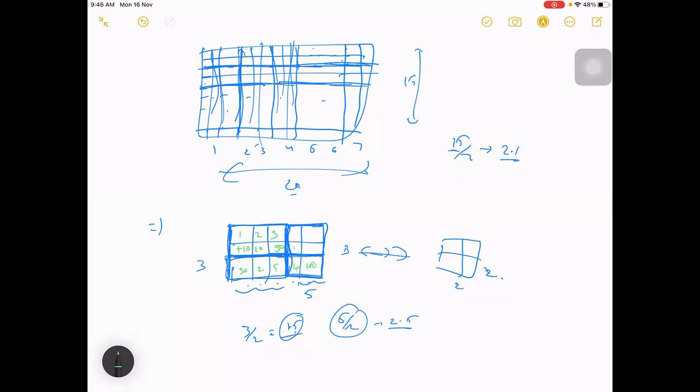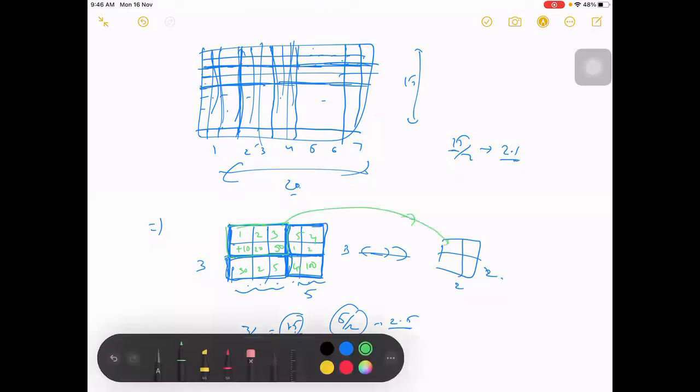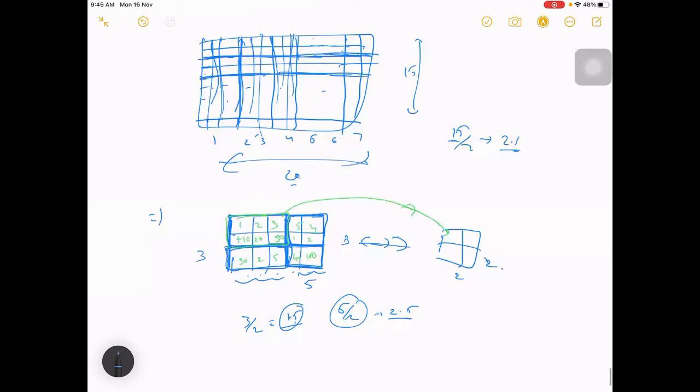I'm just giving a few numbers. In the first box, we take the maximum value, which will come here. If it is max pooling, the maximum of these values will be 50.